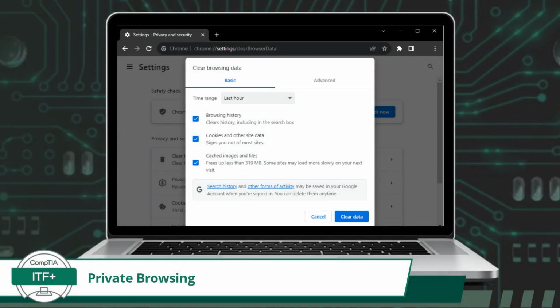When you use private browsing, the browser does not store any records of the websites you visit, the searches you make, or the pages you view. This means that after closing the private browsing window, there will be no history of your online activities on that session. Additionally, in private browsing mode, cookies and temporary data are not saved, preventing websites from remembering your preferences or